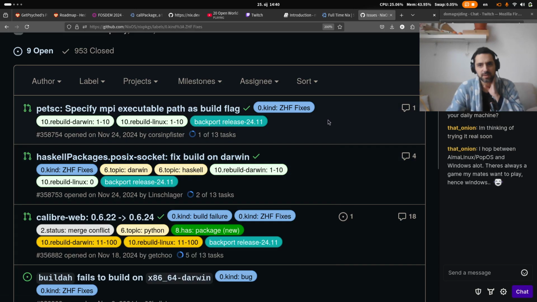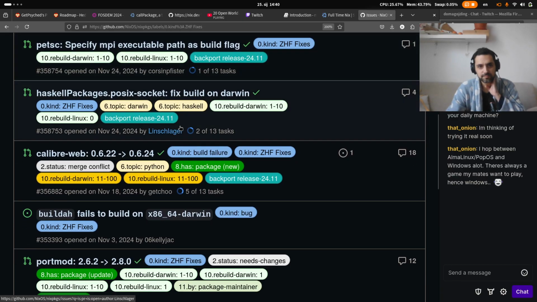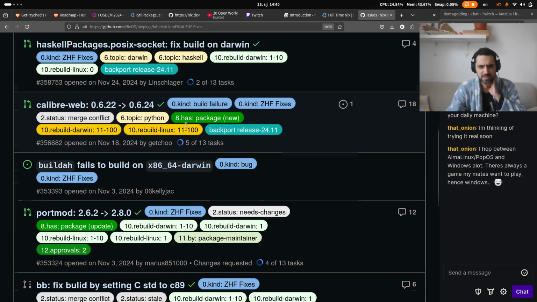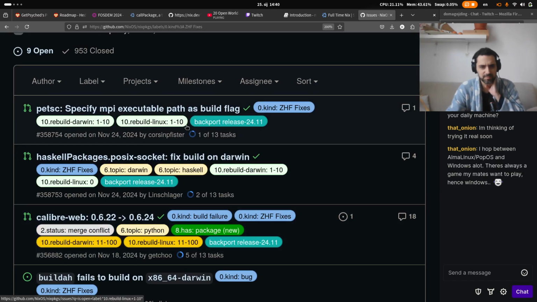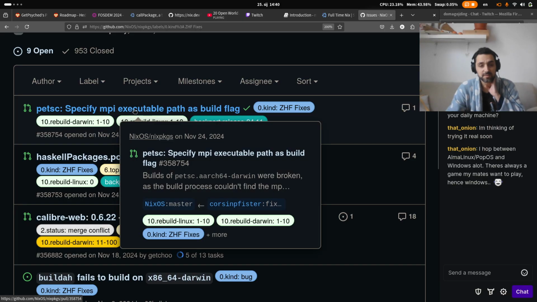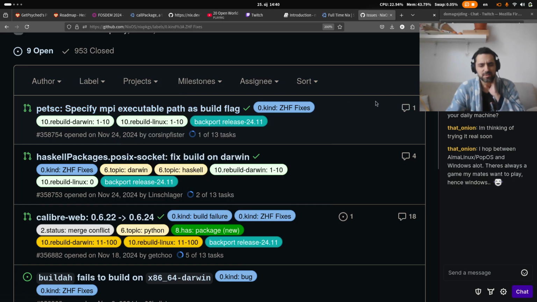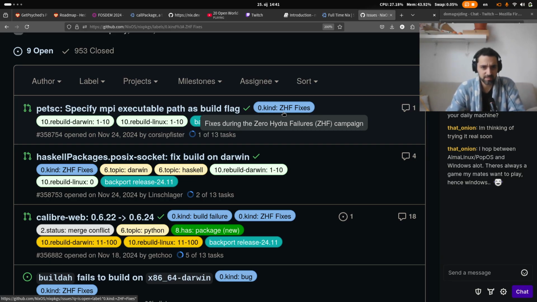I hop between Alma Linux, Pop!_OS, and Windows a lot. There's always a game my mates want to play, hence Windows. Ah, yeah, I totally get that. I don't know how is the state on games. I know some people use also NixOS to play games, but I guess it depends if there's a game. Yeah, I haven't played games for so many years. I'm totally out of the loop with games. I used to play games, one game, two games, a lot. But that was so long ago, it's almost pointless to talk about it. Yeah, I don't know how is the state on Linux. I heard it's great, but